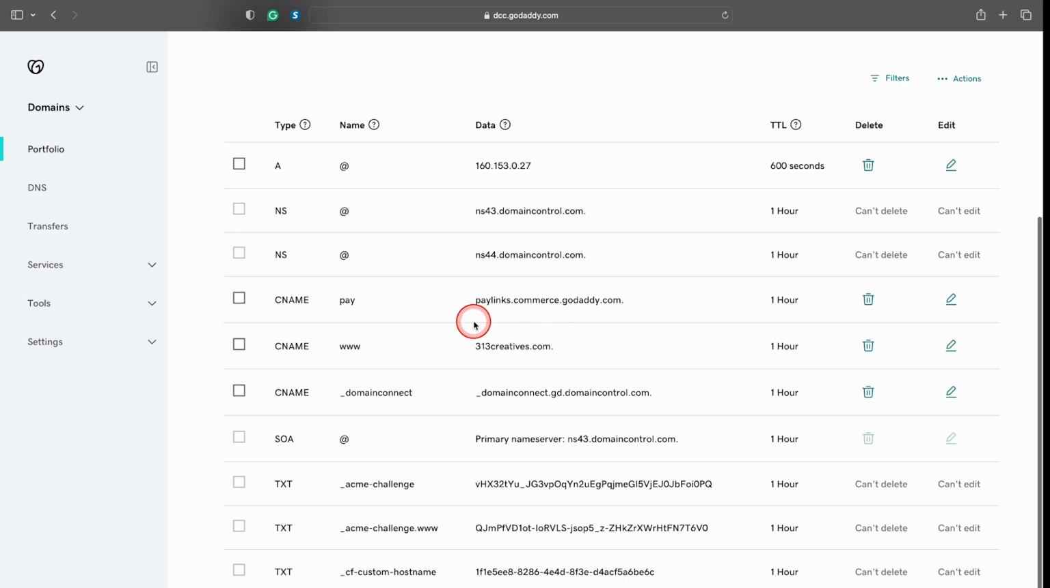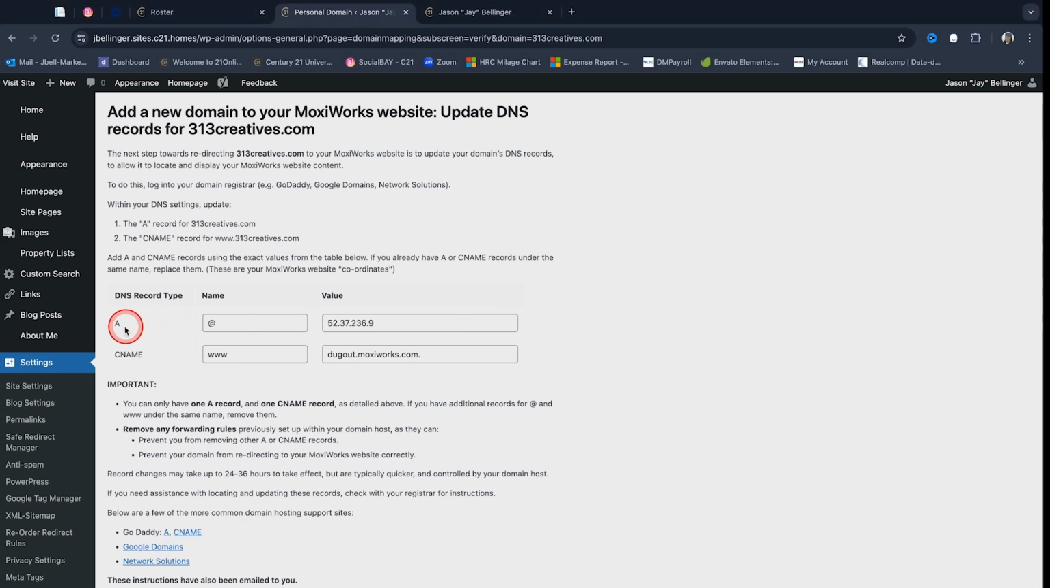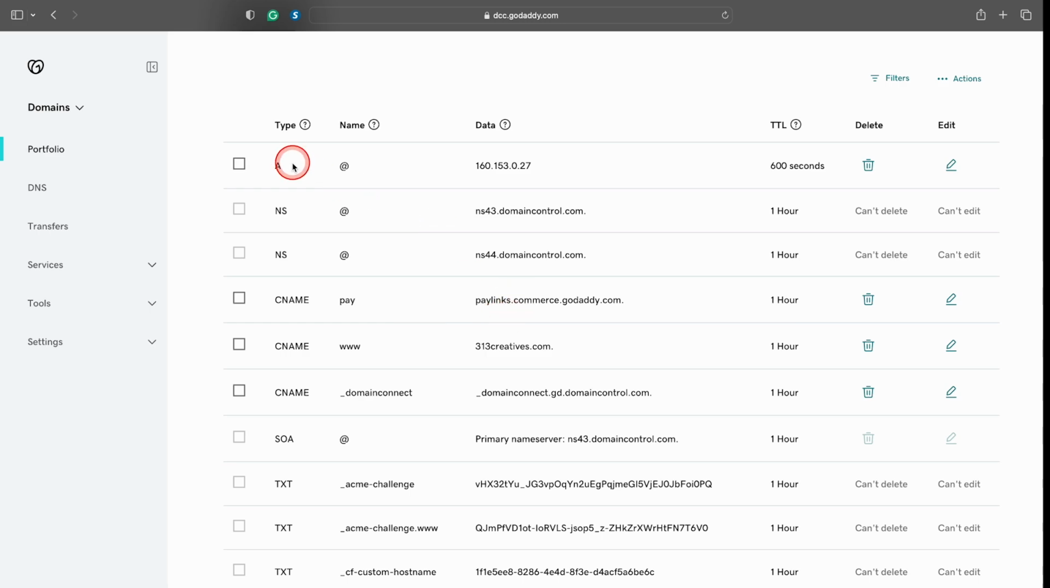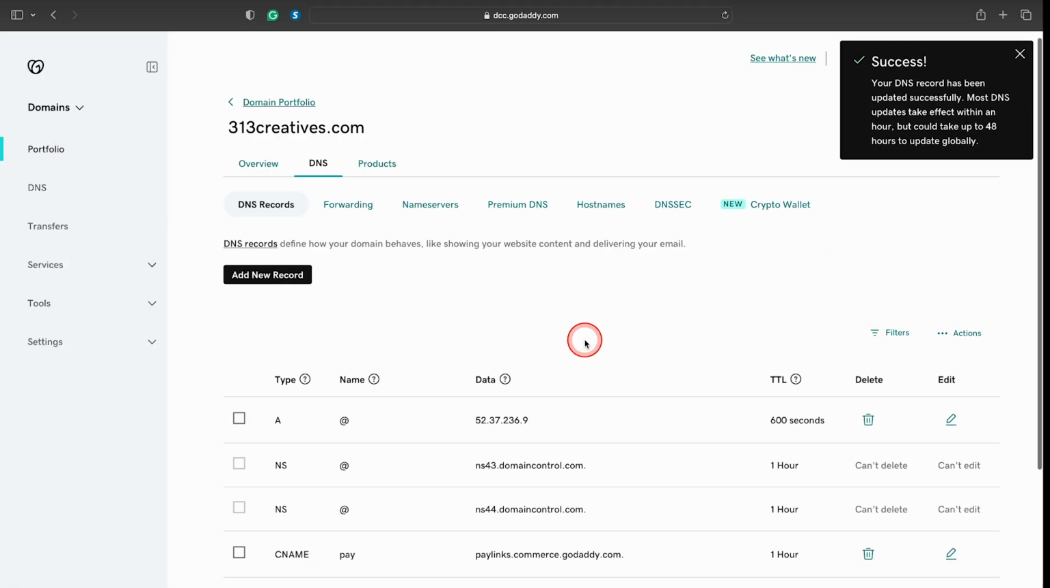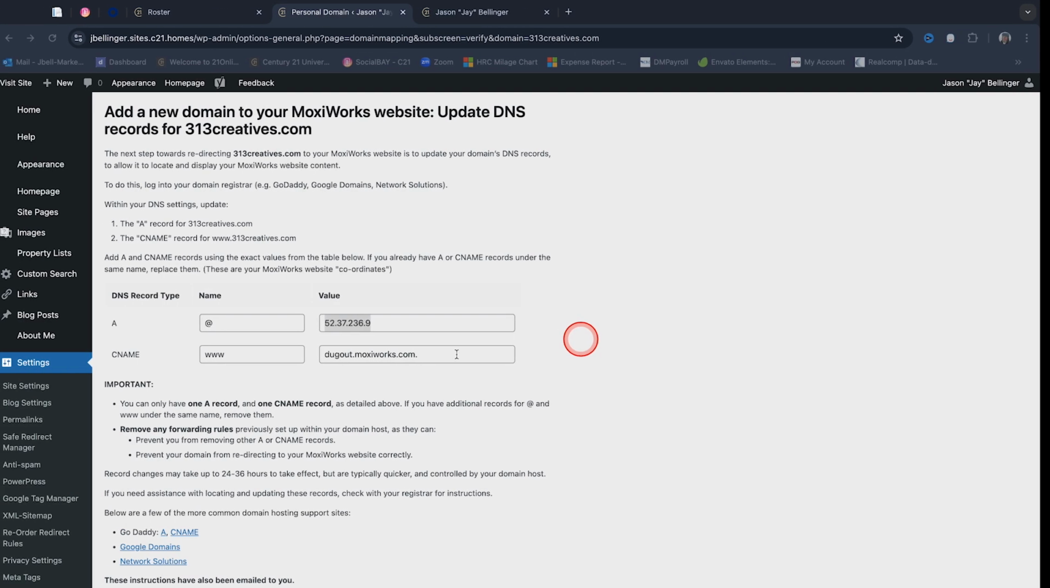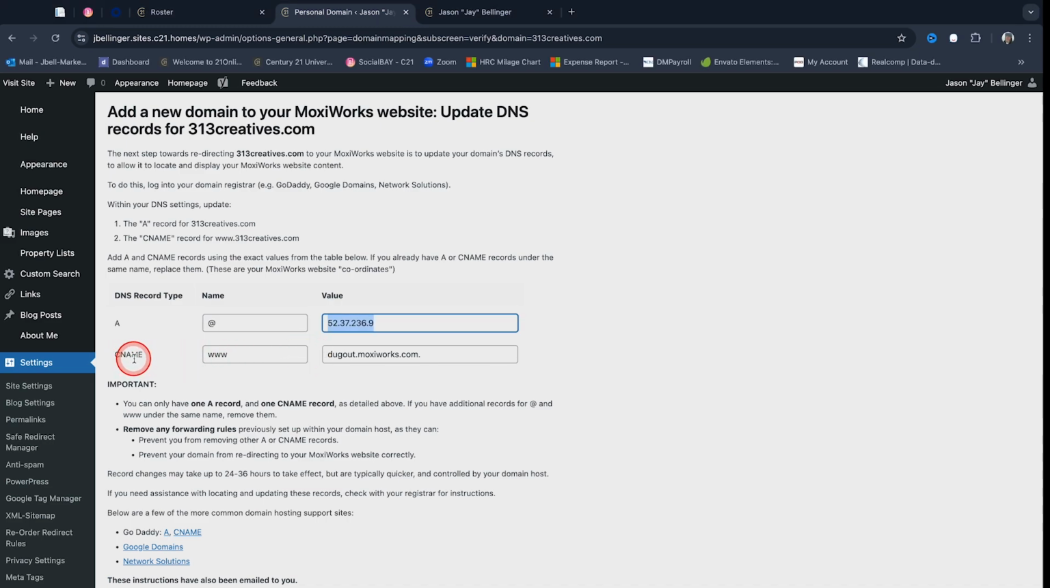And so what we're going to do is we're going to come back over here. This is our Moxi site, the back door. So you can see we need to change the A record and the CNAME record to match these. Okay, so A record for DNS, name is the @ symbol, and then I'm going to copy the value, and I'm going to come over here, A name, @ symbol, let's copy that value, and hit save. All right, that did that for me,